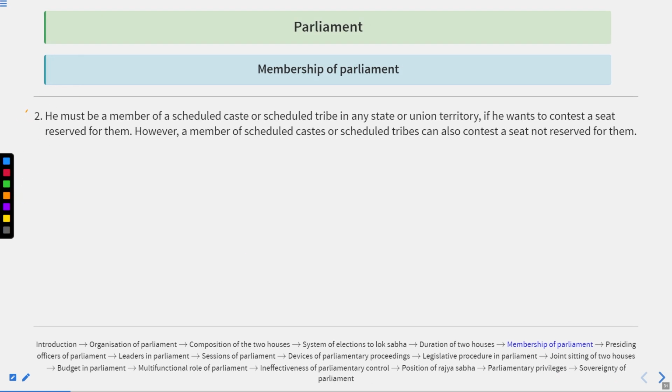Thereafter, the second thing is that he must be a member of a scheduled caste or scheduled tribe in any state or union territory if he wants to contest a seat reserved for them. However, a member of a scheduled caste or scheduled tribe can also contest a seat not reserved for them. It means that if we talk about the reserved seats,